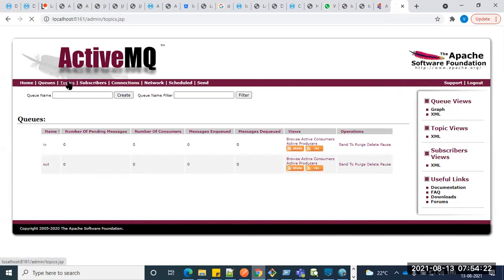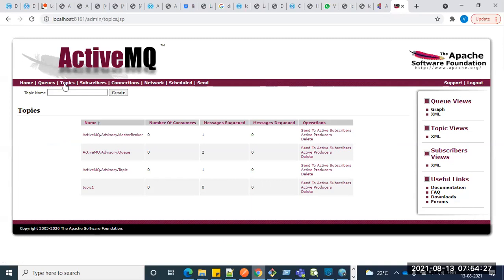Queue is required and topic is required, right? We'll try to interact with the queues and we'll try to interact with the topic. So what is the expectation, guys? Whenever a message is available in the queue, MuleSoft should immediately get it and then process it, right? That way we'll work on it. That means we have to subscribe to ActiveMQ via MuleSoft, so that whenever a message is available in ActiveMQ, it gets picked up and processed in MuleSoft. Okay, we'll see how to subscribe to it.